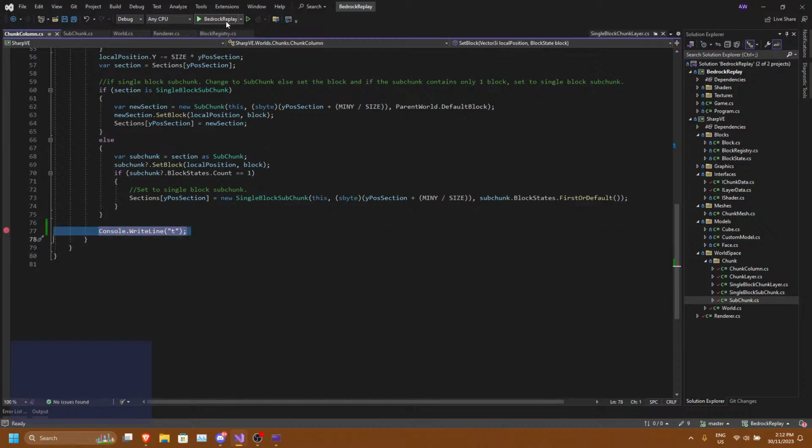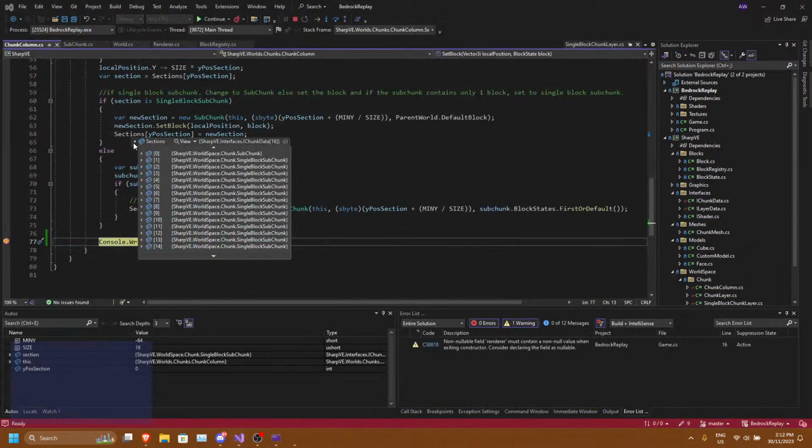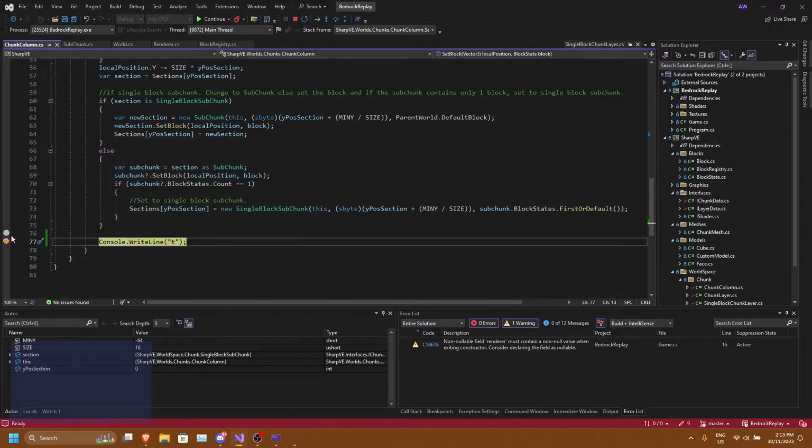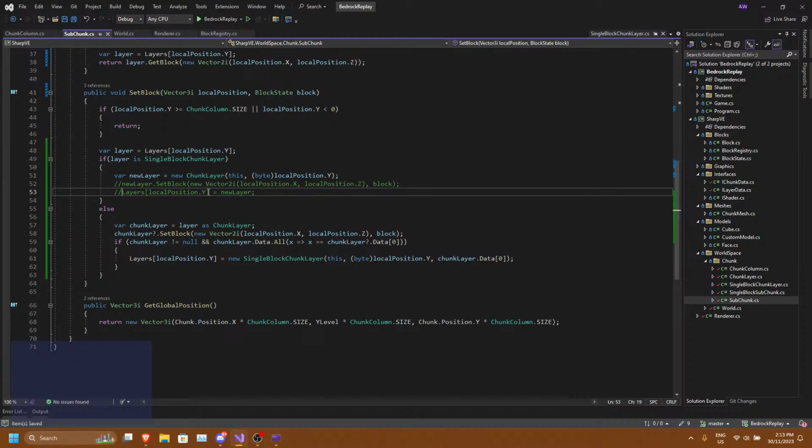Let's just write perfectly valid code just so we can test this. Yeah, it's working! It's working! It is setting it. The only problem is when it sets the... I don't understand any of this. Because when we set the new layer, or the chunk layer, it errors out.